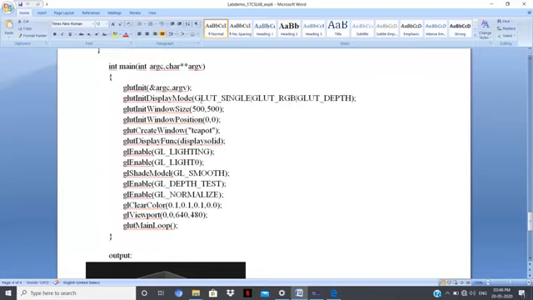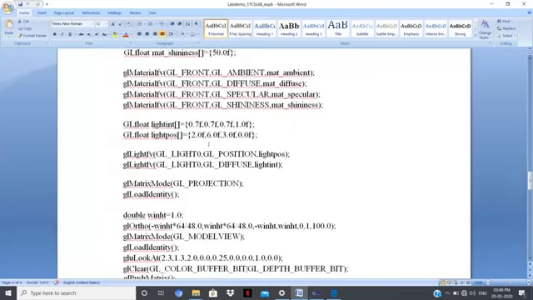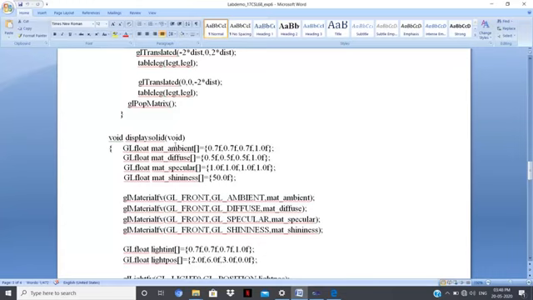Then glutInitWindowSize sets the window size to 500 by 500, and glutInitWindowPosition sets the window position to 0 by 0. Create a window by the glutCreateWindow function, and glutDisplayFunc calls the callback function displaySolid. So the displaySolid function is available here.